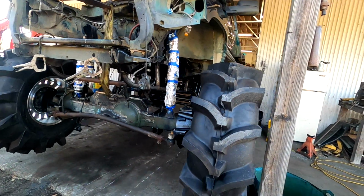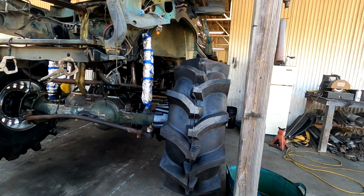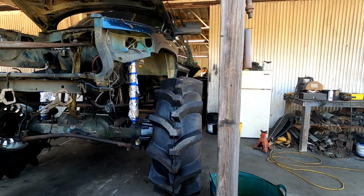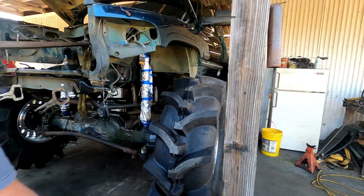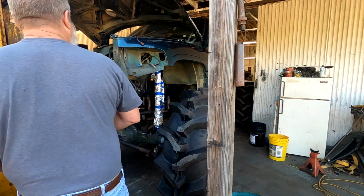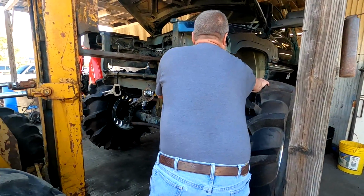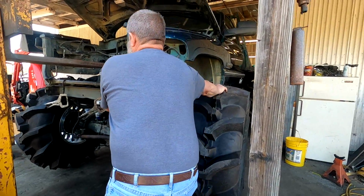Go back that way. We gotta watch the top over here. Hang on. We should be able to roll it. It ain't that hard to roll. Aaron, see if it'll roll. It will with all four of us. Alright, yeah, let's